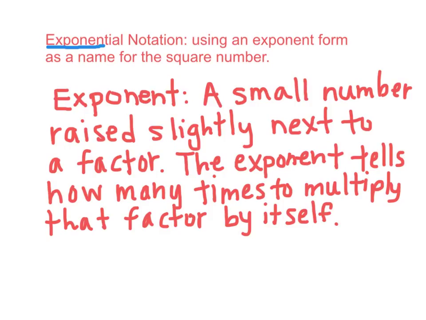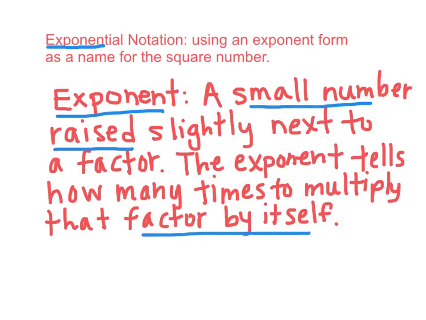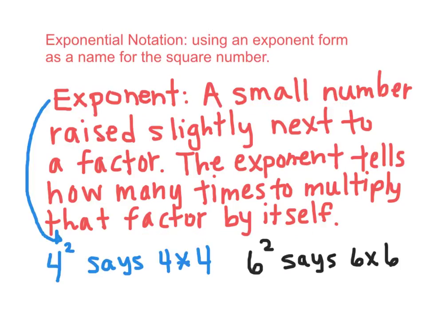So an exponent itself is a small number raised slightly next to a factor. The exponent tells how many times to multiply that factor by itself. So we can take a look here. The exponent is this little 2, and it's slightly raised next to the 4, which is the factor. And what it says to you as a person working with math, it says that factor times itself will equal